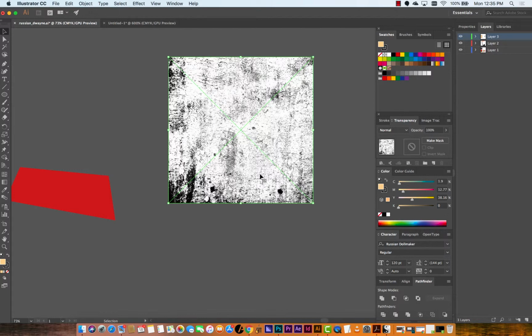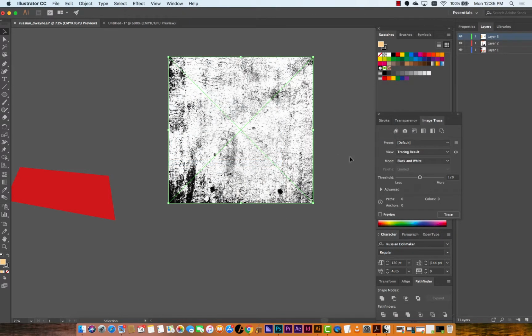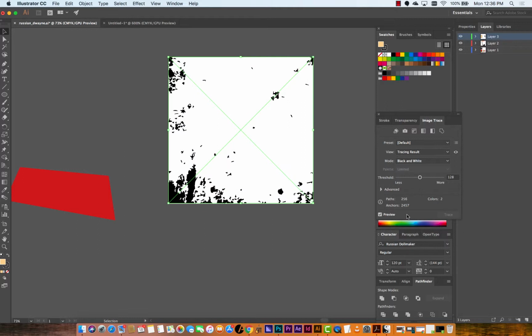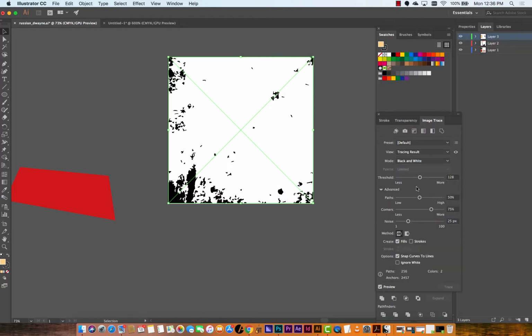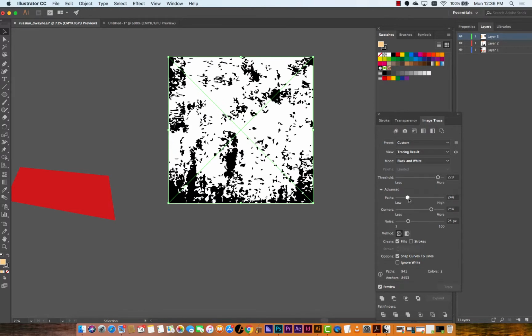I believe that in order for the mask to work, it has to be vector also. How can I convert this rapidly into a vector image? Image trace, Mike. You're right, image trace would do it. So black and white, probably. Let's do a little preview and see what we get. Okay, kind of low quality. So we would want to tweak the threshold to get a little bit more image back, tweak the paths to be a little bit more detail,